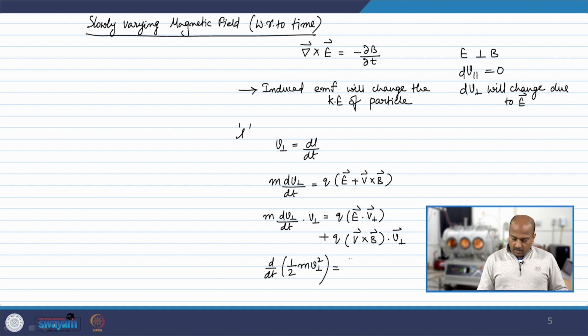This is d by dt of half m V perpendicular square, which will be q times